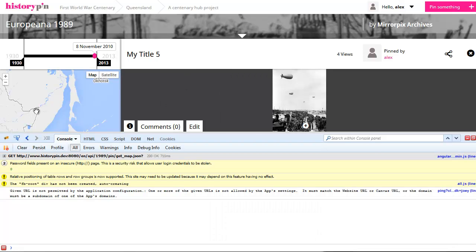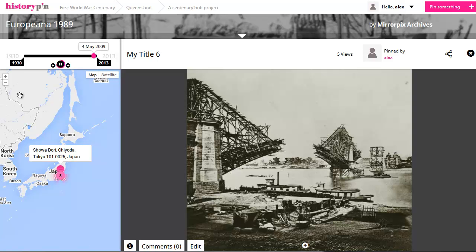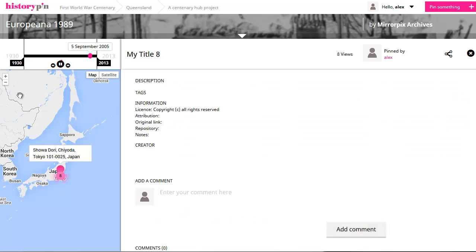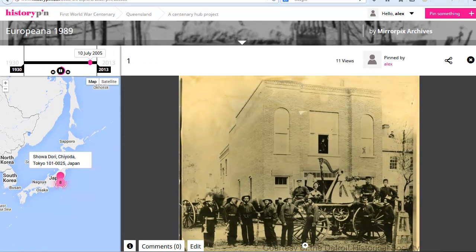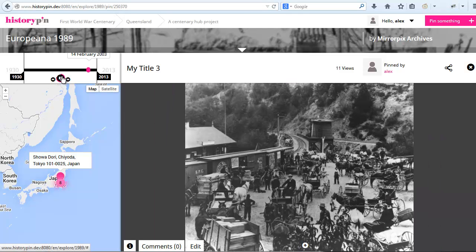It involves going into your JavaScript console and running this command, but when that's run, it opens up this little play button. And this play button allows you to run a slideshow. So if I click play here, then without interacting, it will now work through each one of the images in the slideshow. What it's doing is it's updating the URL here. If I just resize this screen a little bit so you can see the URL, then each time the slide changes, it's actually changing the URL, which means that if I pause,